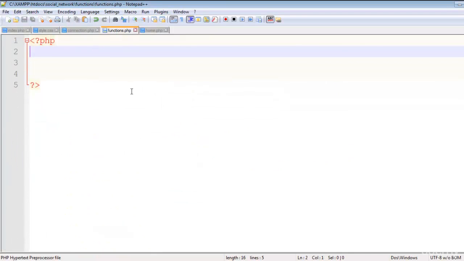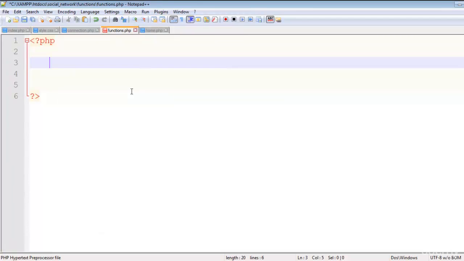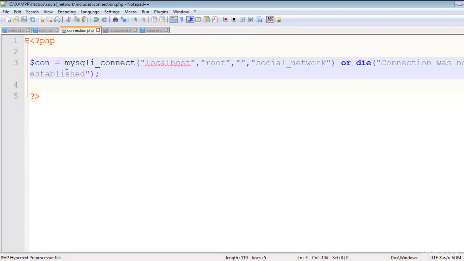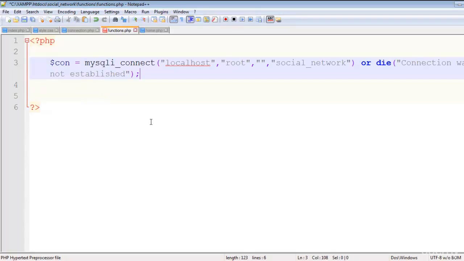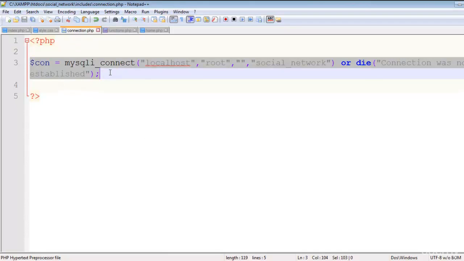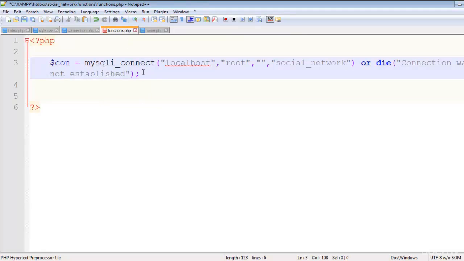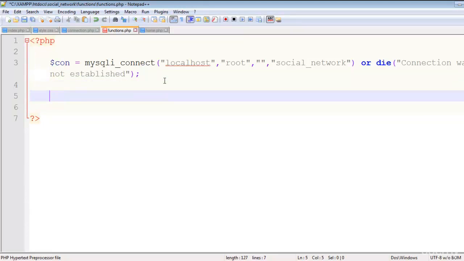So let's start here. First of all, we need to create another connection here as well. We'll just copy this whole thing and paste it here. This is the connection, because that is a different connection. This one we will use when we need it in other pages or somewhere, but in functions.php we first create the connection right here, and after that we will say